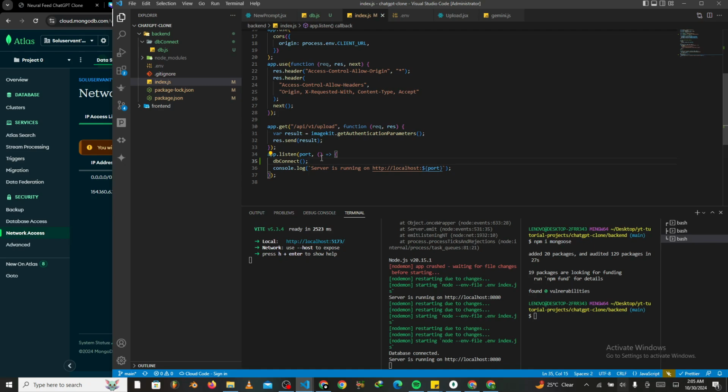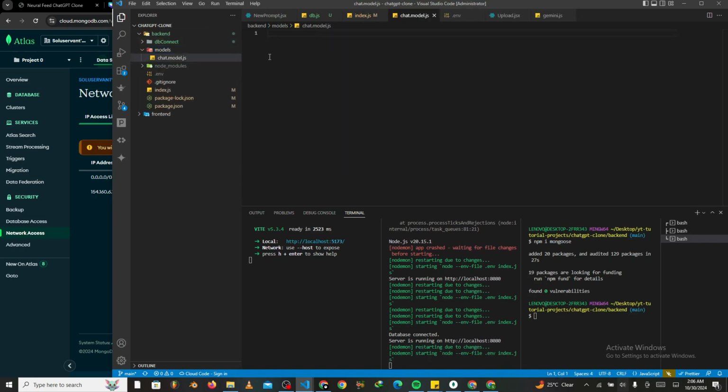So what we quickly want to move on to right now is building the model. So we want to quickly build the model for our AI clone, right? Our ChatGPT clone. So in order for us to start doing that, we're going to go inside our backend folder again, and then we'll create a new folder called models, right? So inside the models, we'll create two models. You see chat